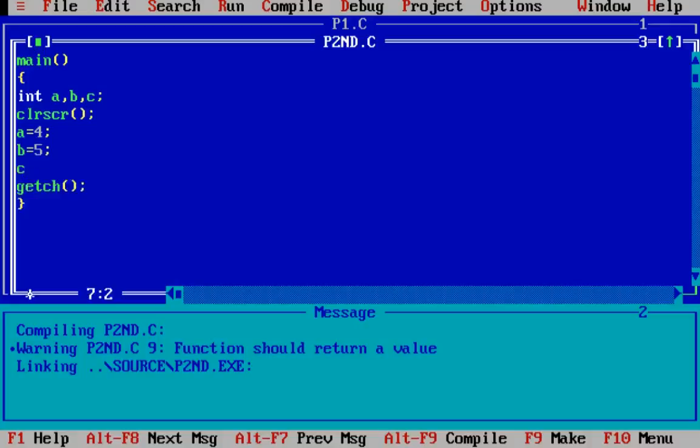Now let's say C is equal to plus plus A plus B. Now I used prefix notation. Now the C value will be 10,